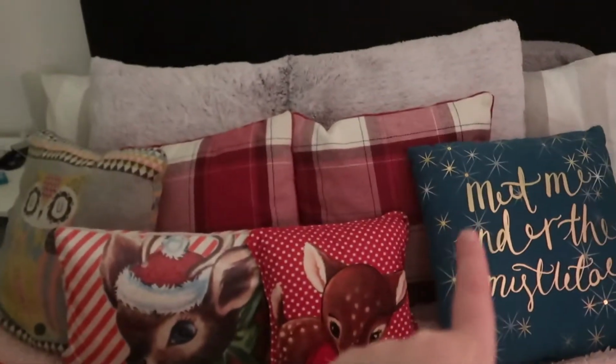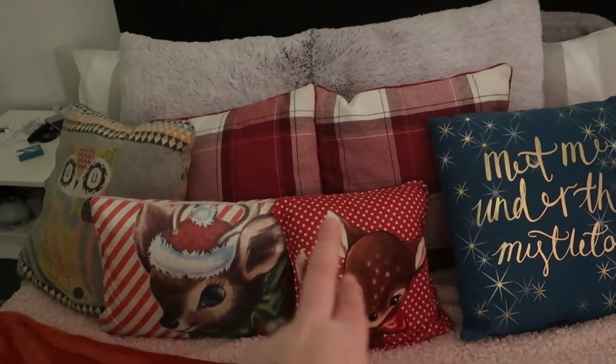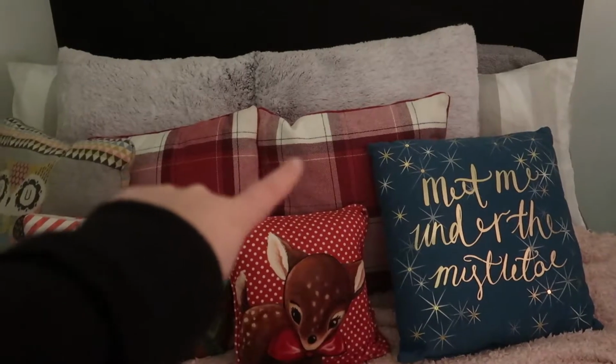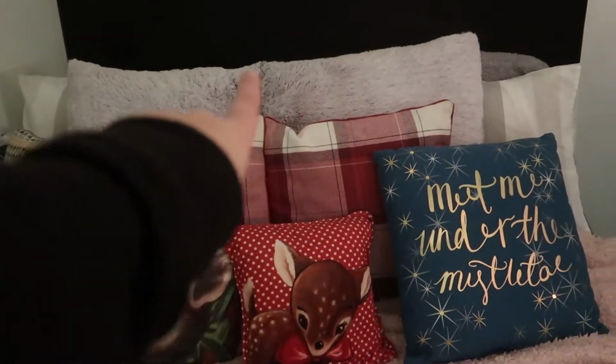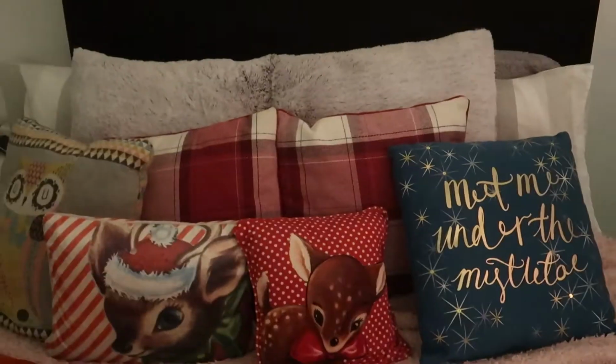So that cushion is Primark potentially, Asda, Marks and Spencer's. Those two are Primark, and those two are Primark as well. And then an orange blanket from Primark probably, and the pink one is from Primark too. But yeah, I'm putting that for my cushions. I don't really change them out. I have these cushions out all year round, so they're like Christmas cushions, but I don't have them out